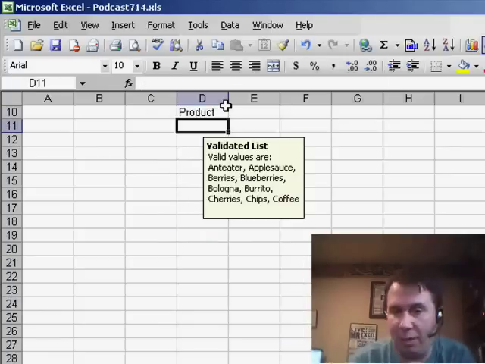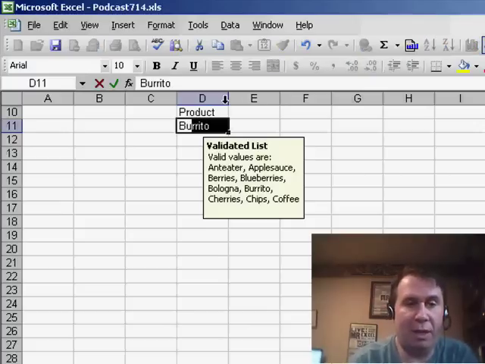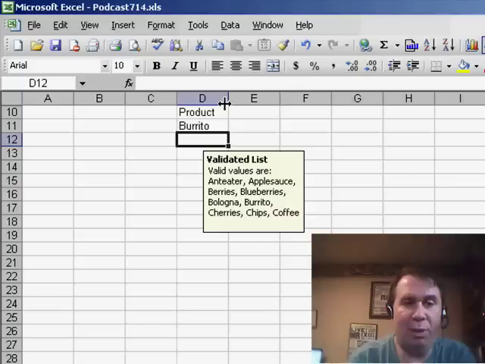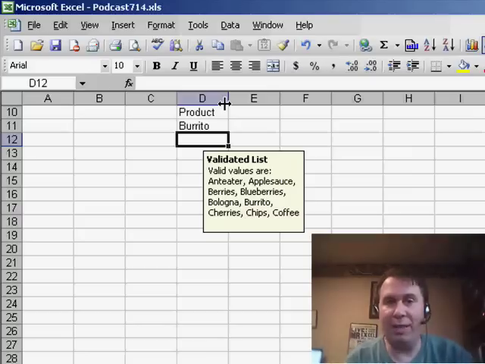Now we start to type. First of all, the input tooltip right there says exactly what the valid items are, and as soon as it gets unique, it will finish, and we simply hit Enter. So, great idea, kind of clever, hiding your list immediately above, without any blanks in between, the area where you're going to be typing data, and the